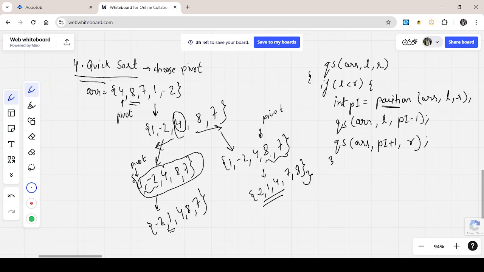Here you can see if we have chosen this element, it will make a call where our L was here, our R was here. Now, if we divide, our L and R will become both this, and this will be a separate array with L and R. So here it will end. The recursion will not go forward from here, right? So if I write the code for this function,